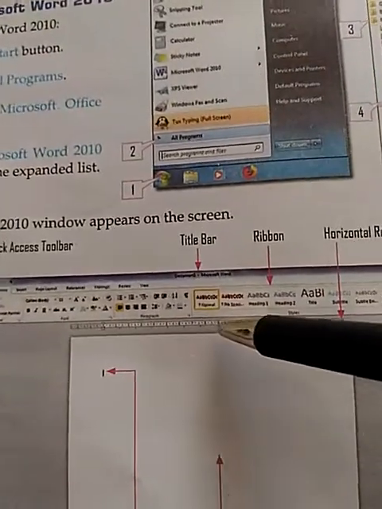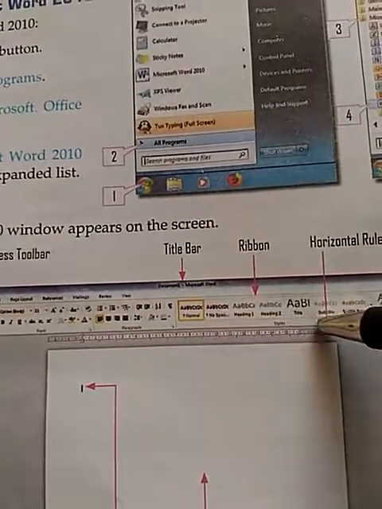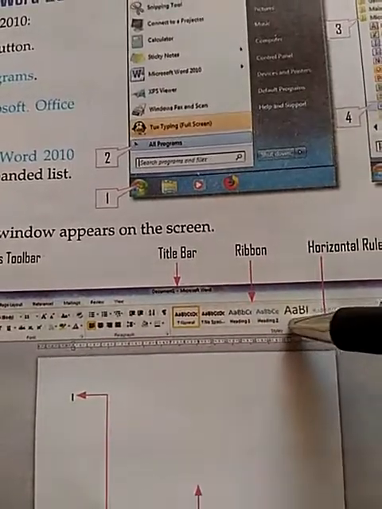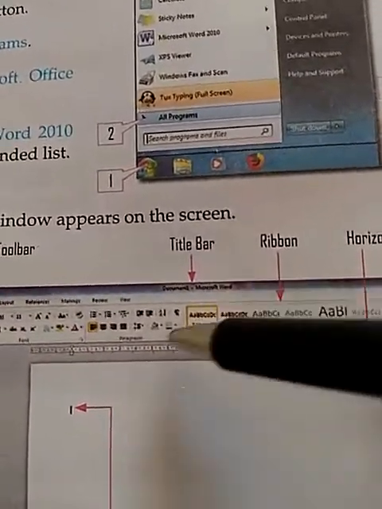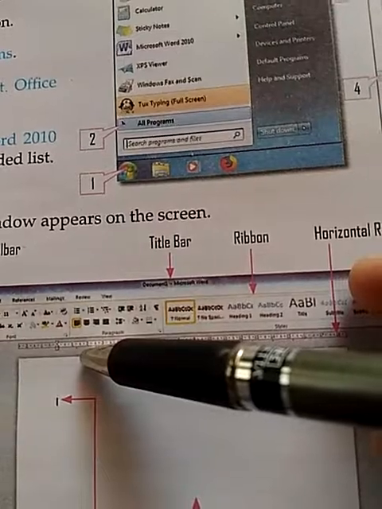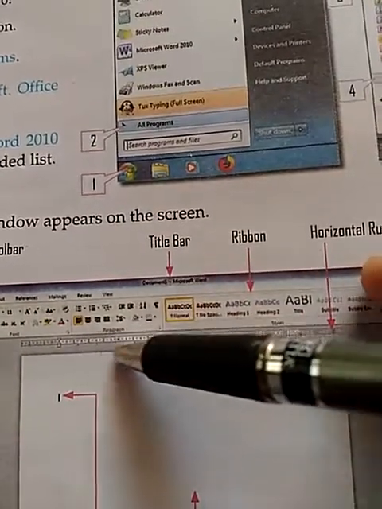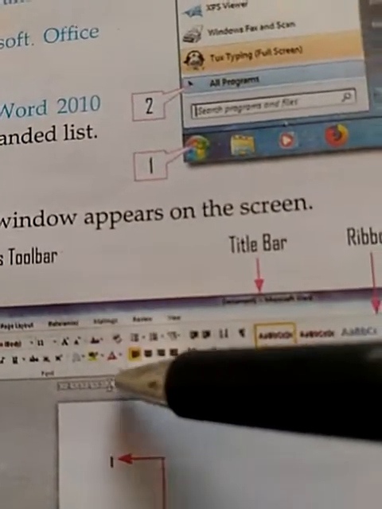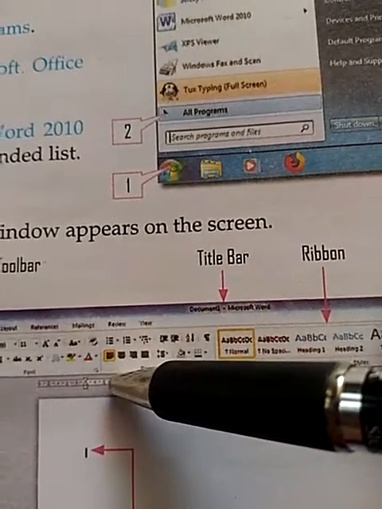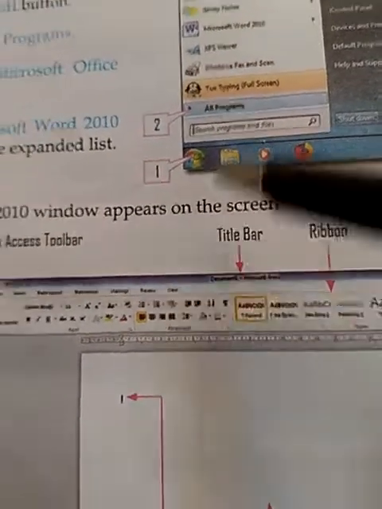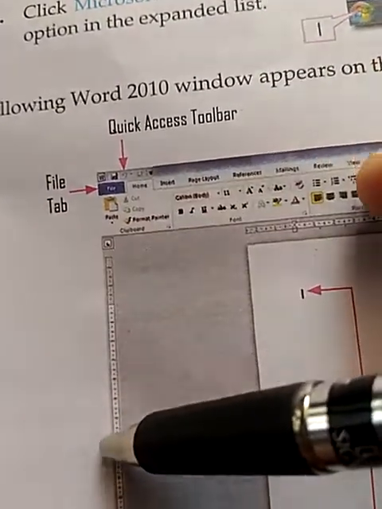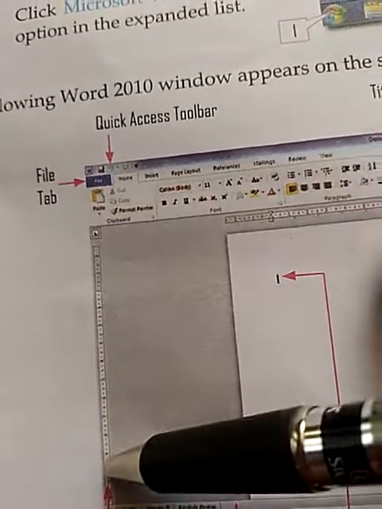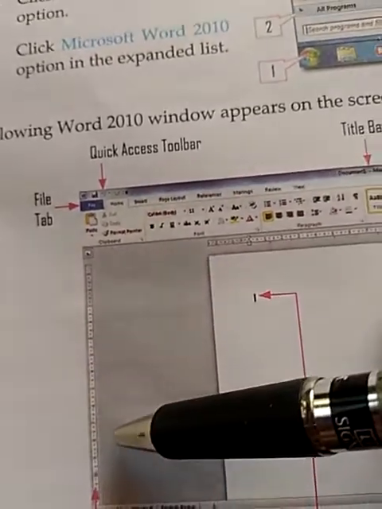After that, you will find a ruler. It is used basically to provide the tab position or to set the left and right margin. It shows the left and right margin. Here, by dragging the cursor, you can set the left and right margin. Here you will find another ruler also. It basically shows and is used to set the top and bottom margin.